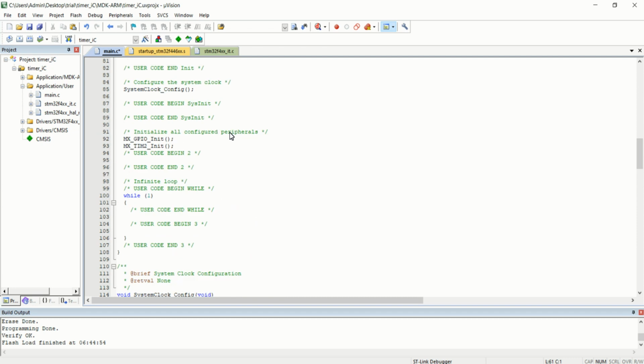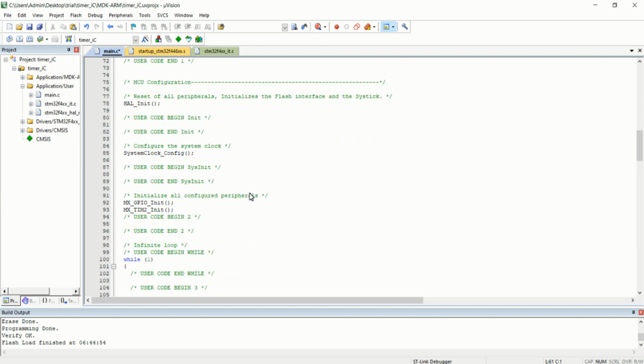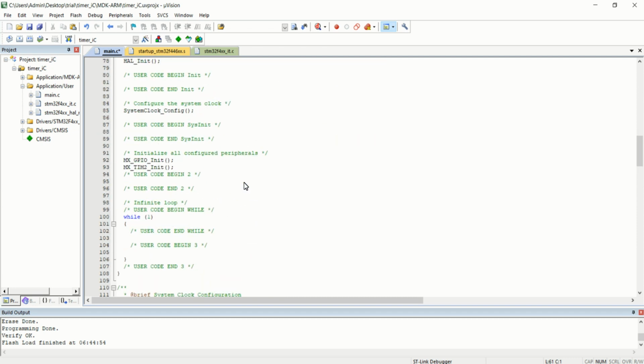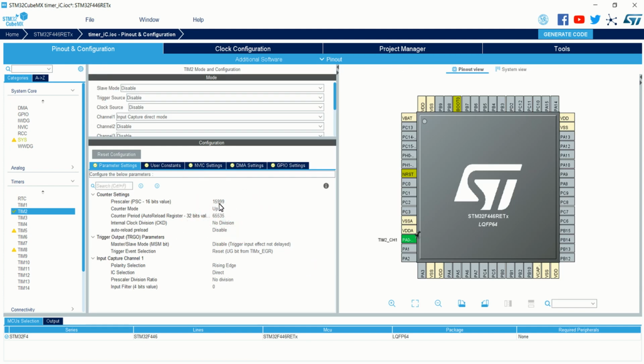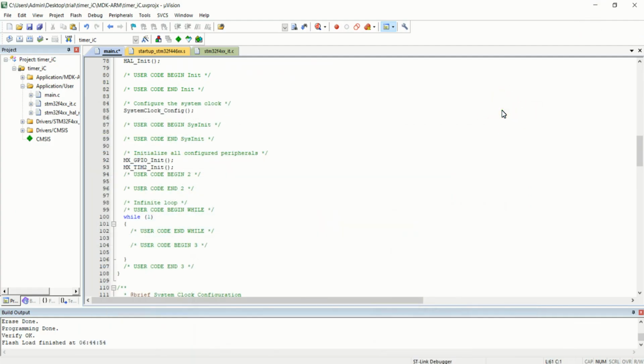So here what I'm going to do is I'm just going to run the timer from 0 to 65535 as I mentioned here. You can see the step value will be starting from 0 and it will go till 65535, and again it will roll back to 0, and this process continues in timer.